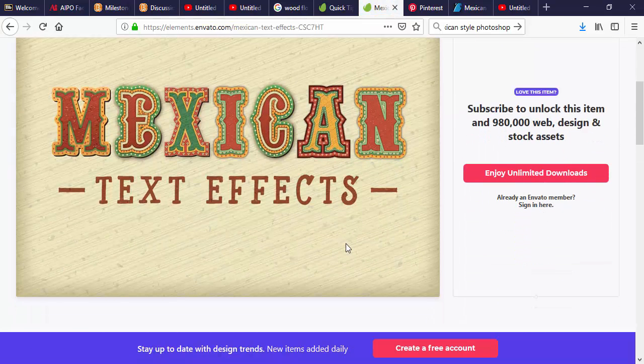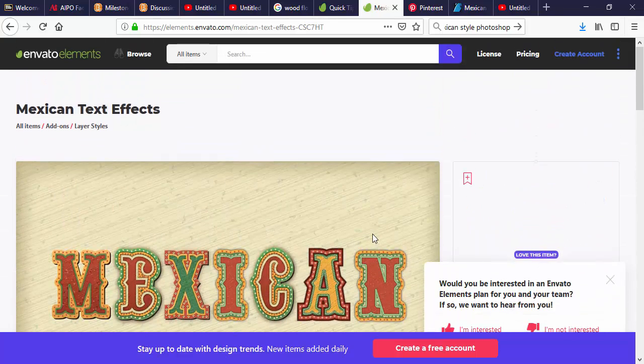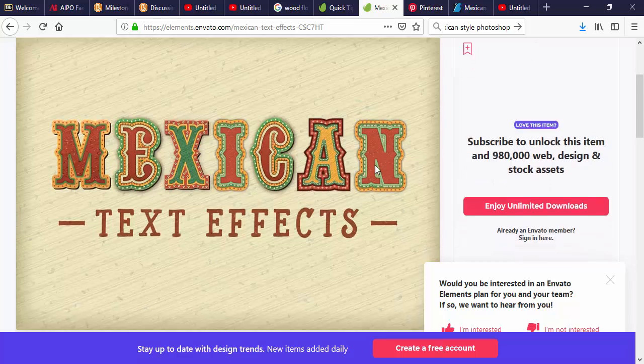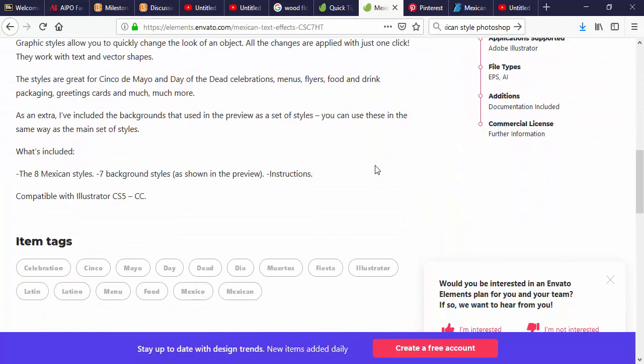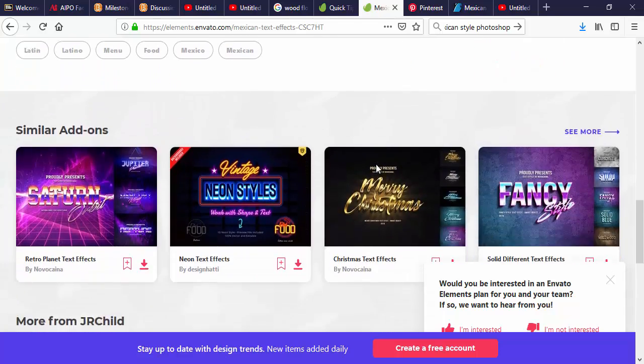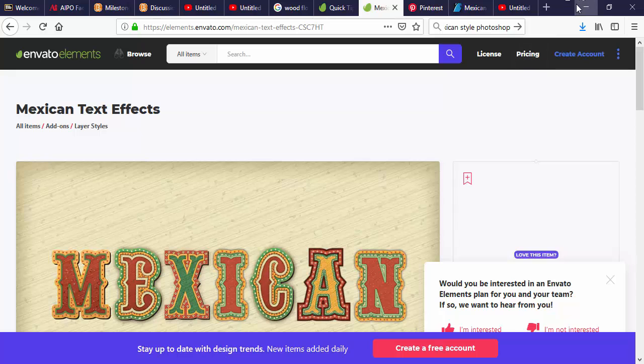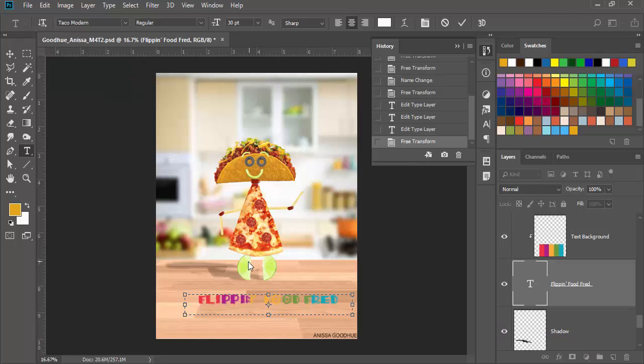Oh, there's that. Goes to that one. Some of the stuff you don't want to pay for anything. So if it's asking to pay for something, don't pay for it. Just look for free stuff that you can go in. And I think this one here you have to subscribe to get this styling. This would be a great style to look at. Now you can create something with your styling,